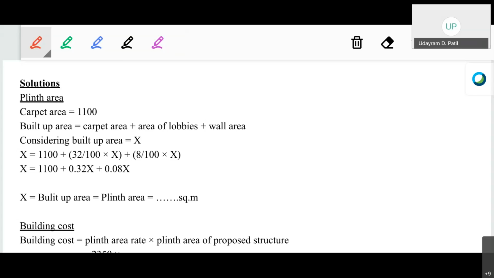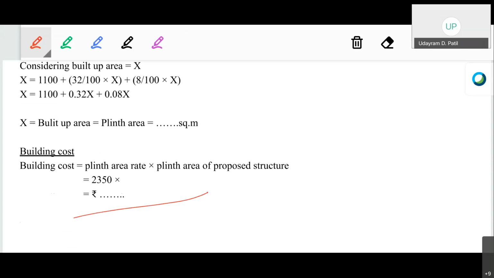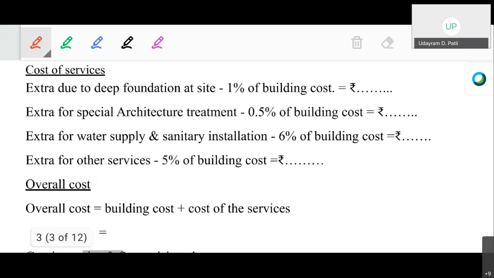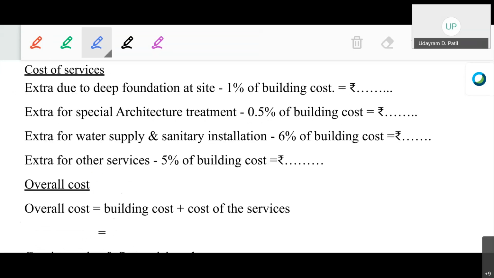Yes, the cost is 43 lakh 8,349, cost of the particular building. Now as we already know the particular next step, that is the cost of the services. So as we know, the cost of the services will be taken on the